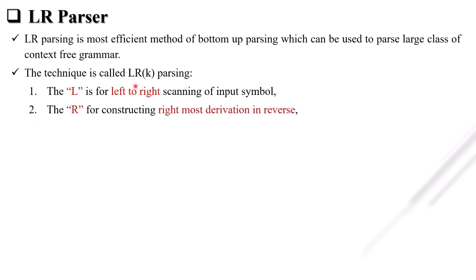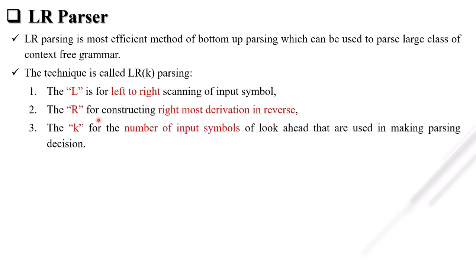In this LR parsing, the first L means left to right scanning of input symbols. The R means constructing the rightmost derivation in reverse, and this K means if it is 0 then lookahead is not there. If it is 1 then we have one lookahead symbol in SLR or CLR or LALR. So K is the number of input symbols of lookahead that are used in making the